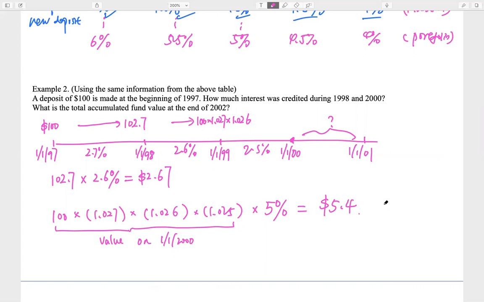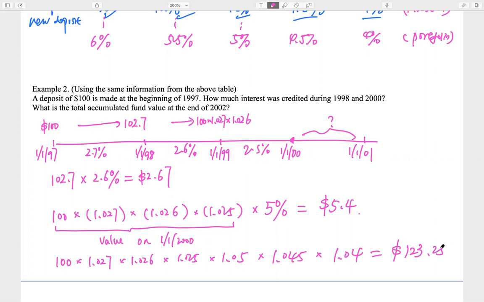Well, let's continue, right? So the same. Okay, now multiply by 1.05. That's by the end of 2000. I need to know the interest rate for 2001, 4.5%, and then for 2002, 4%. This will give me the accumulated value by the end of 2002, which is $123.25. Okay,